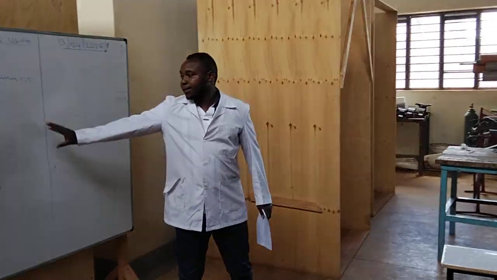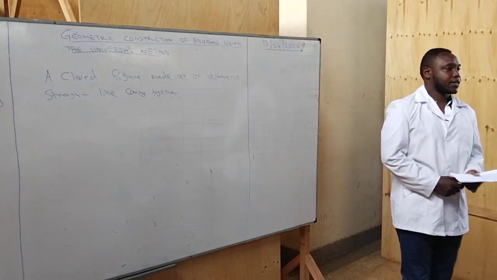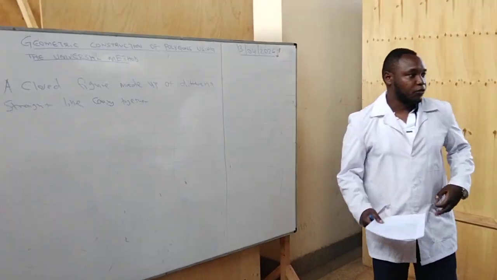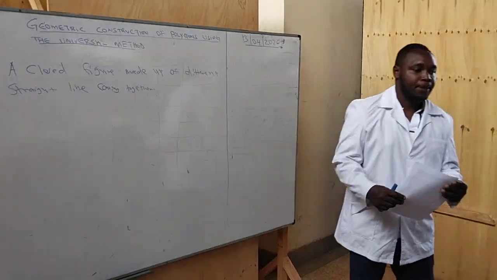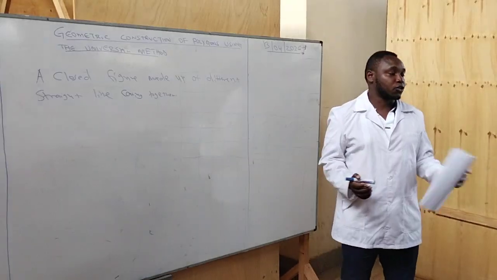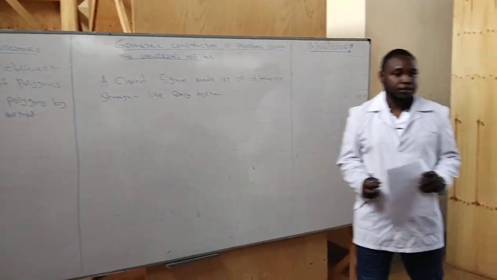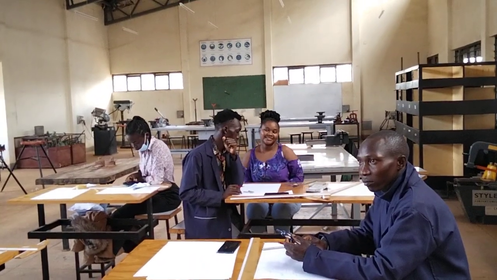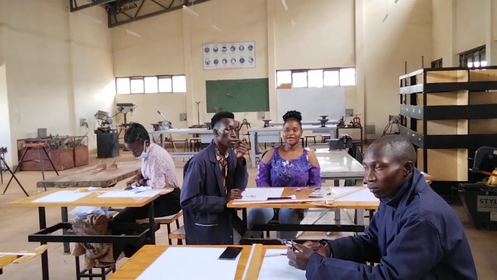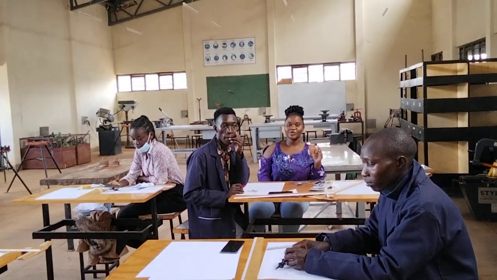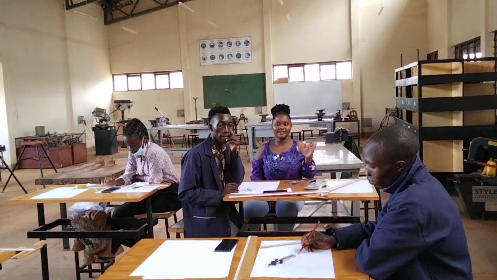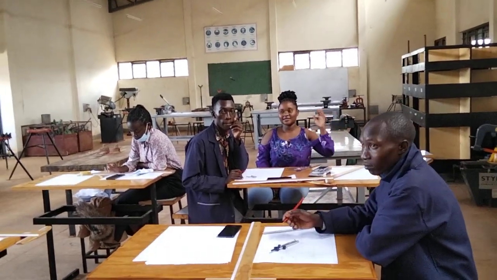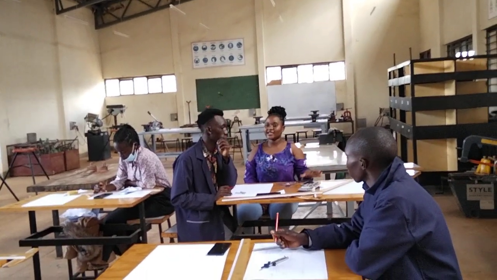So let us remind ourselves of the steps to be followed when constructing polygons using the universal method. Step one, yes, Esther? Draw a line. And then you mark the AB, whereby the line AB must be given either 60 or any